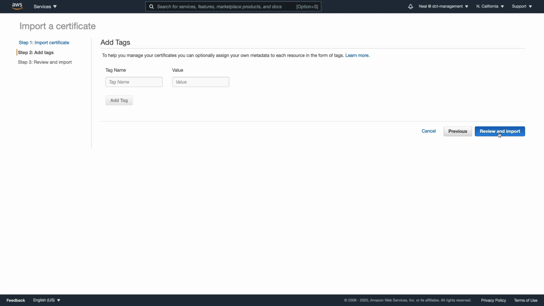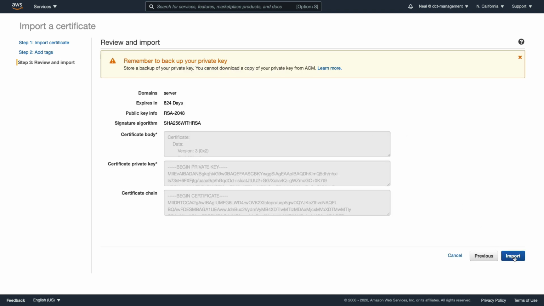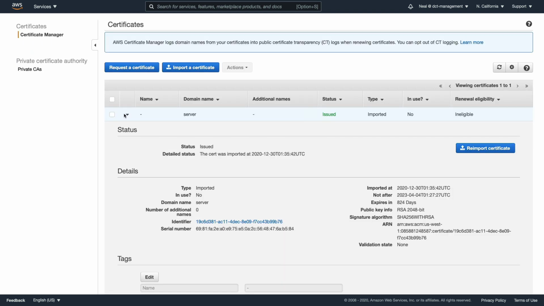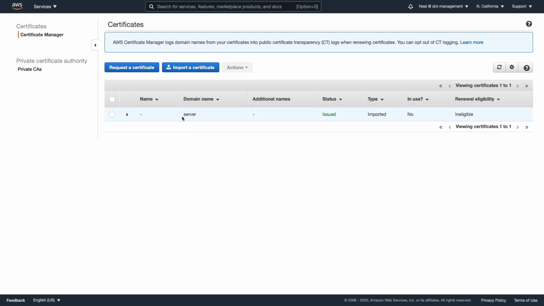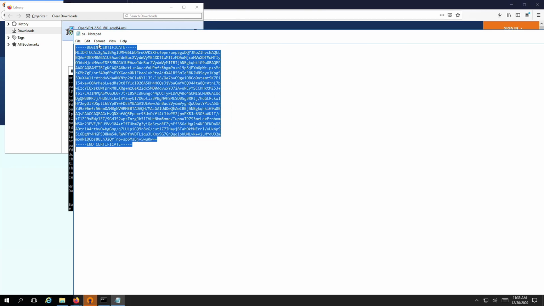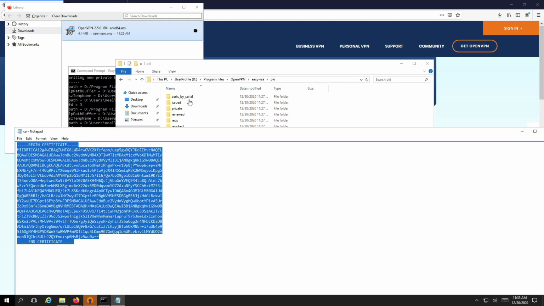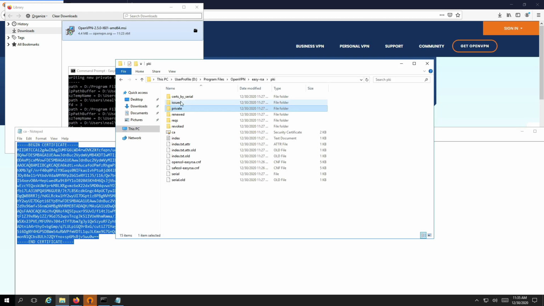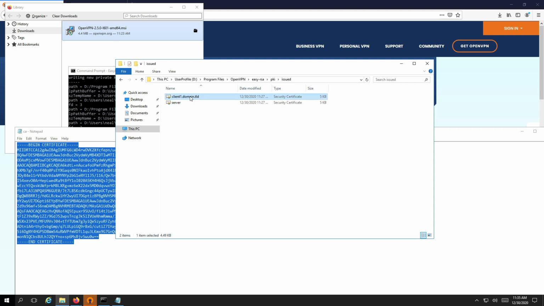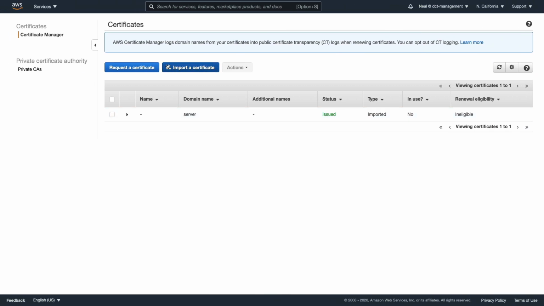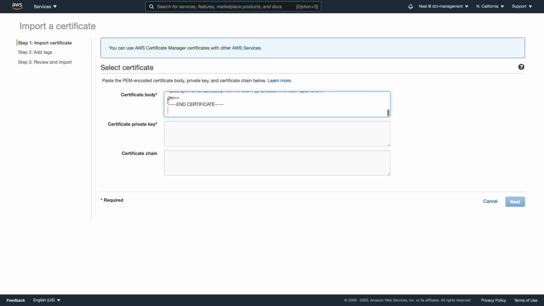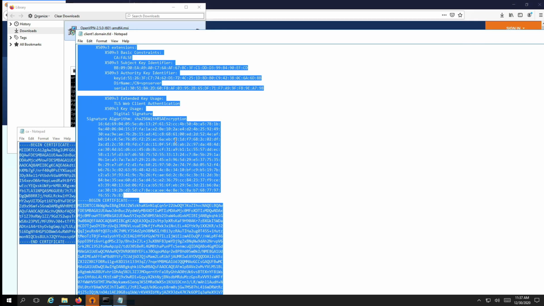We can now just click on Review and Import, and click on Import. So that's great. We now have our server certificate. Let's head back over, and we can leave this one open. I'm going to need that in a moment. And what we want to do is go back to Issued, open the client certificate, copy that to our clipboard, and then let's come back and we're going to import a certificate, paste that in,